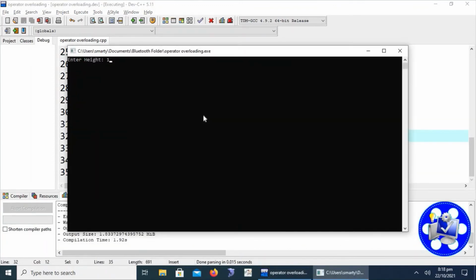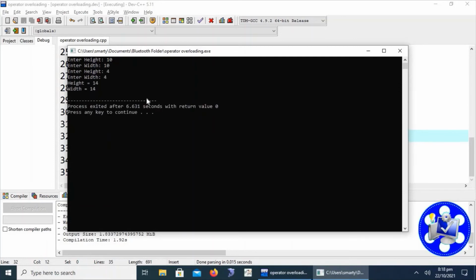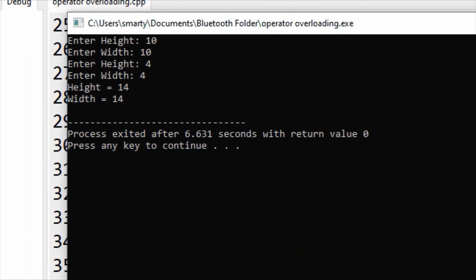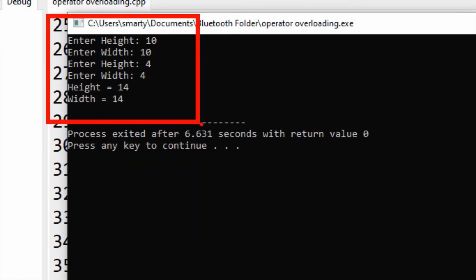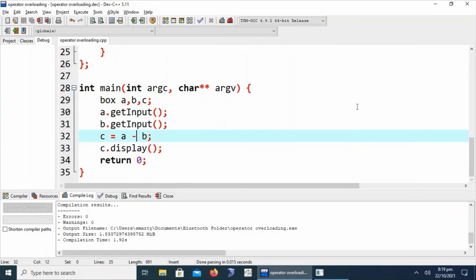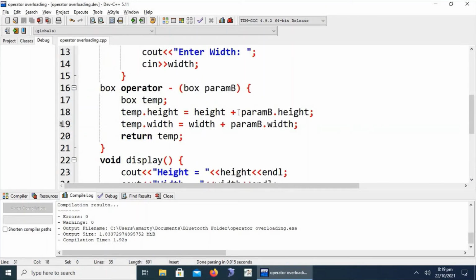Okay, I have to put 10 height and width and 4 height and width, and this is going to again add up the height and width because we just changed the operator that is not identified by the compiler generating the compile time error, but we did not change any type of change in its definition.